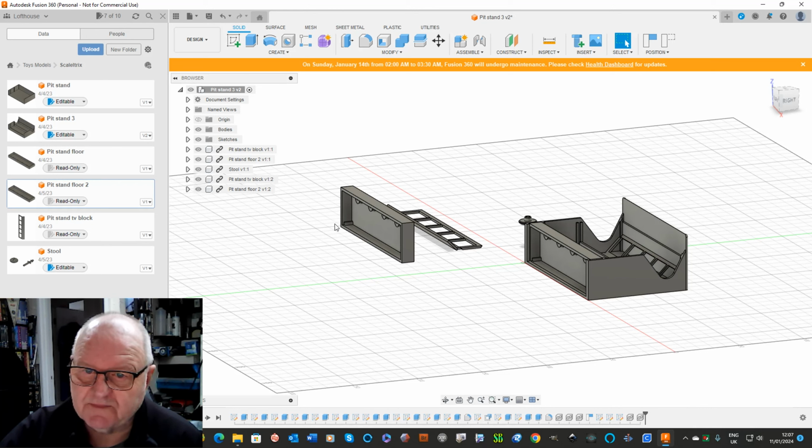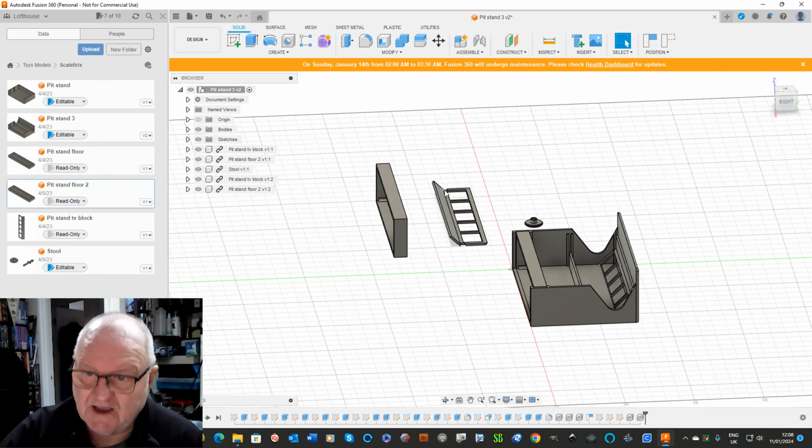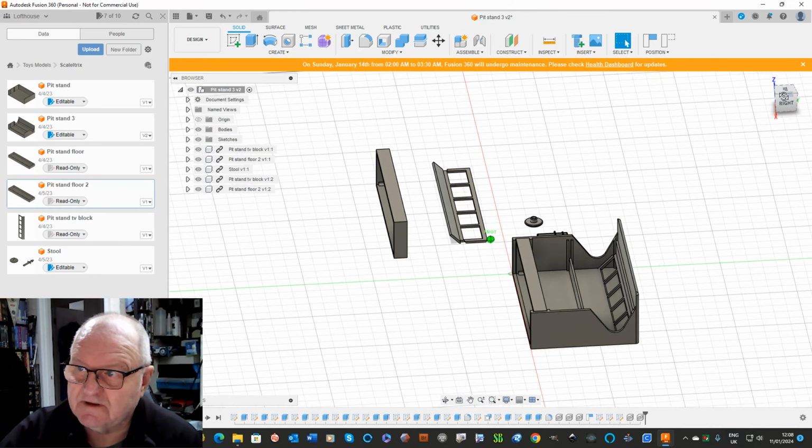I split mine into components. So this component here, which is the floor, which slides in there, I print on that side. That side will be face down, and that unit, the monitor unit, will be printed as it is now. And I know my printer's capabilities, it will print that angle there without any supports underneath. And then obviously the little benches,